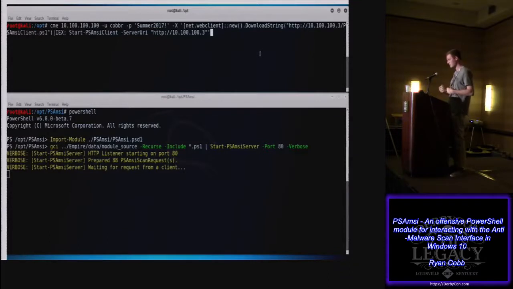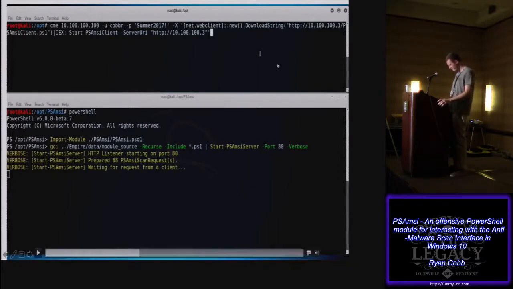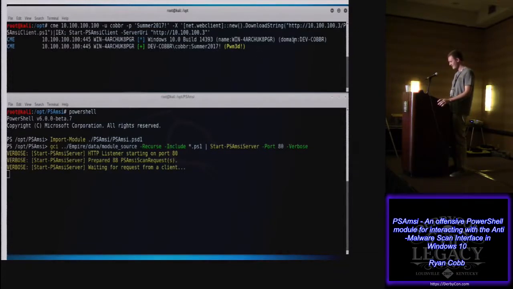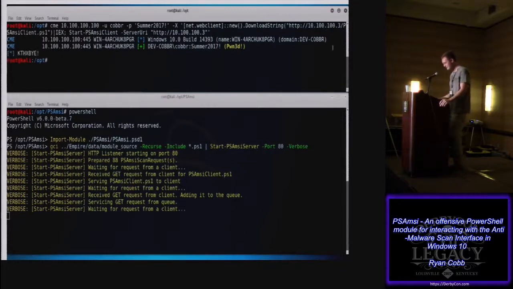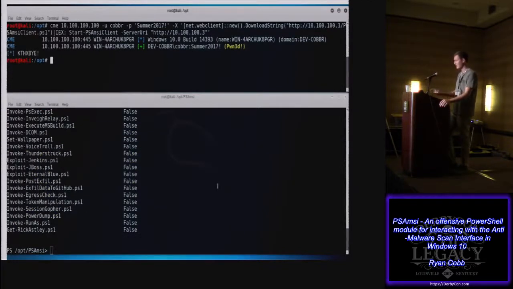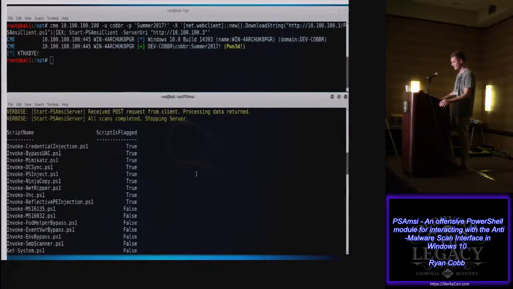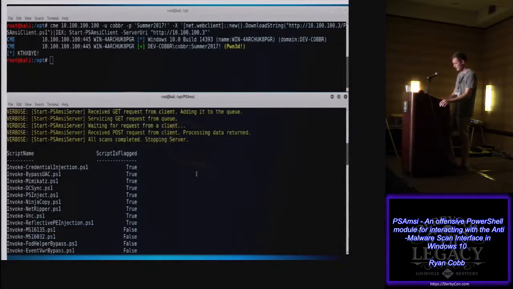And another tool I'm a big fan of is CrackMapExec, which is really good at executing code on a remote system. And you can see right here what we're going to run is just a little PowerShell download cradle that will download that client-side code. And a handy little thing about the start PSAMC server function is it will actually serve the client-side code in addition to the PSAMC requests, so we don't have to stand up an additional server. So you can see it connects back,